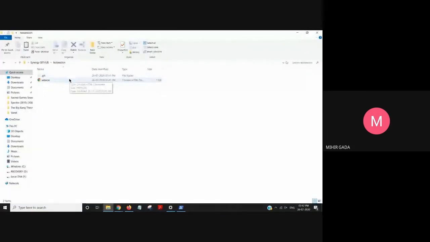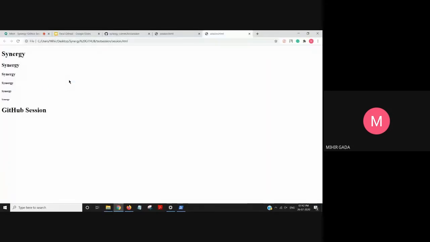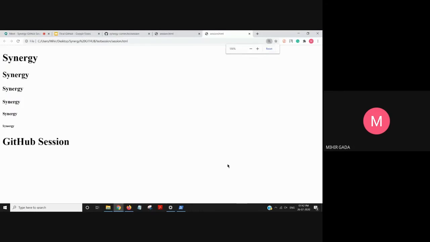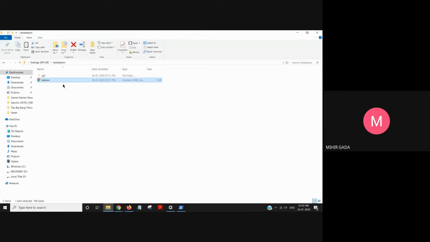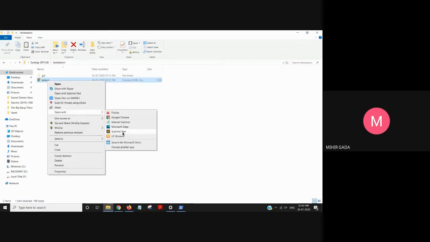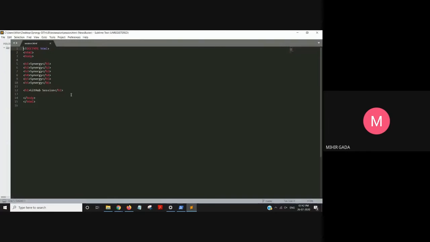When I go to my session and open it, you can see my GitHub session has been added. If I want to do any changes again, I will follow the same procedure after pulling it. I'm opening with Sublime Text. You can open with Notepad or anything, that is okay.